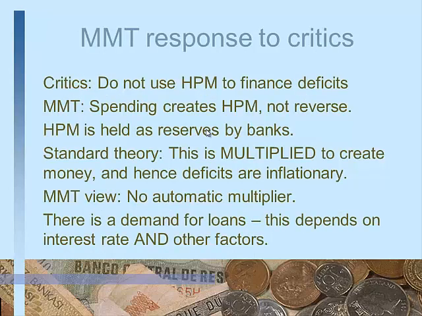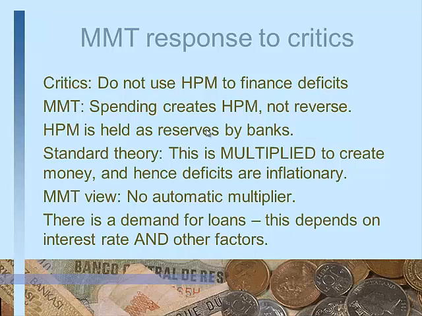So arguments are made against MMT that it will just encourage wild spending. The critics say that we should not use high-powered money to finance deficits. The MMTers say that it is spending which creates high-powered money and not the reverse. So it's just a foolish thing to say that we can't use it. I mean, spending is equal to high-powered money. So you cannot de-link the two; spending is another name for high-powered money.